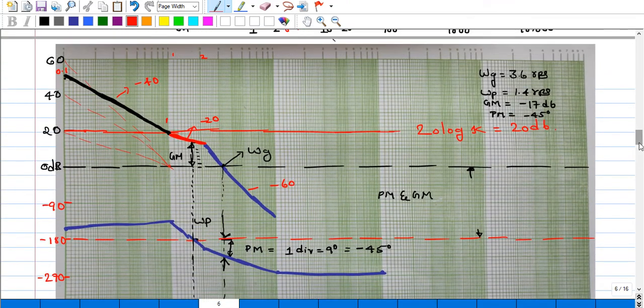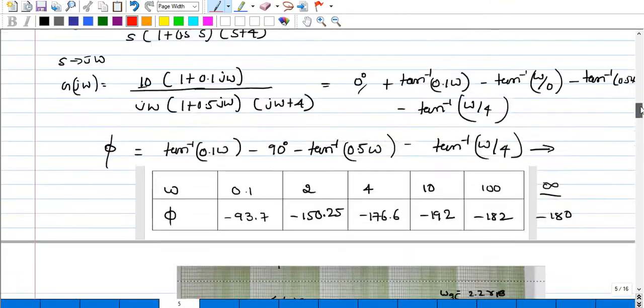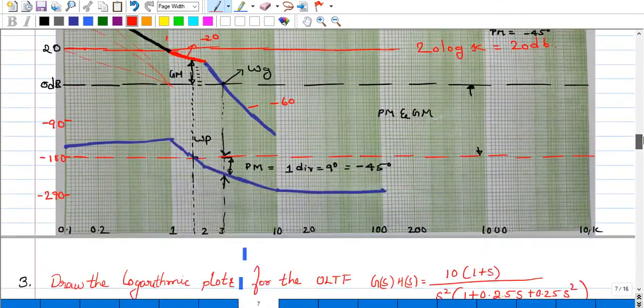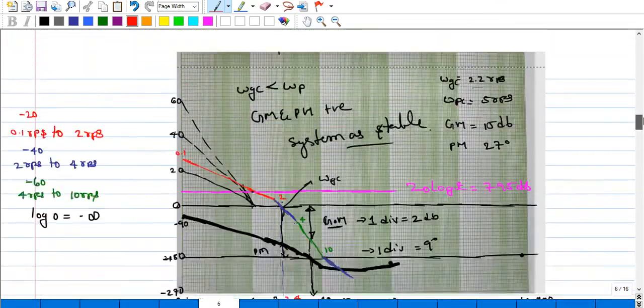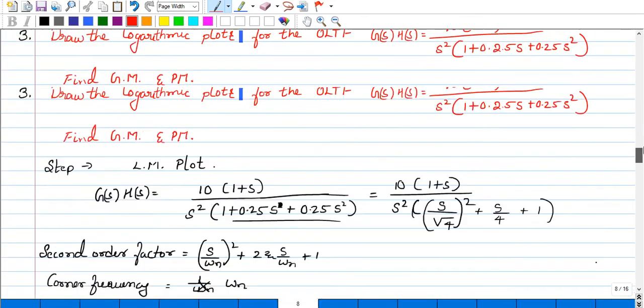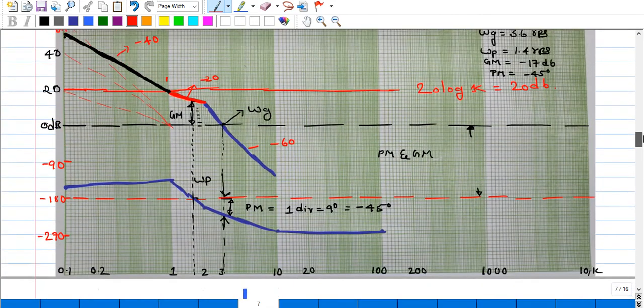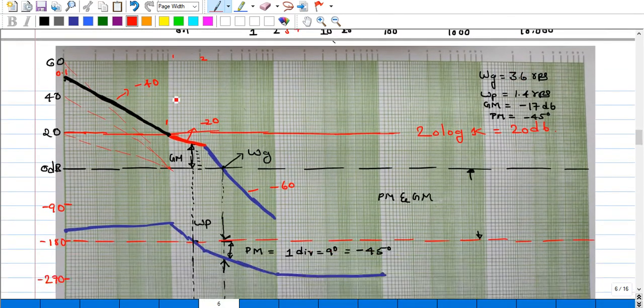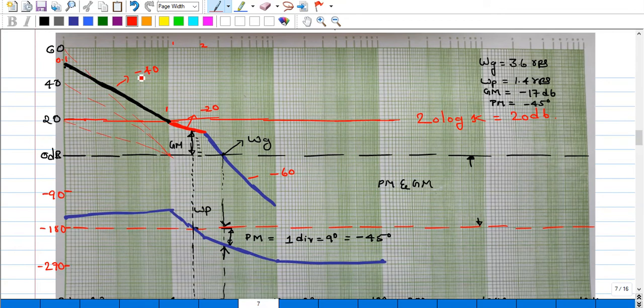Let me take you to the table. Let me see that. So here we need to draw the slope of